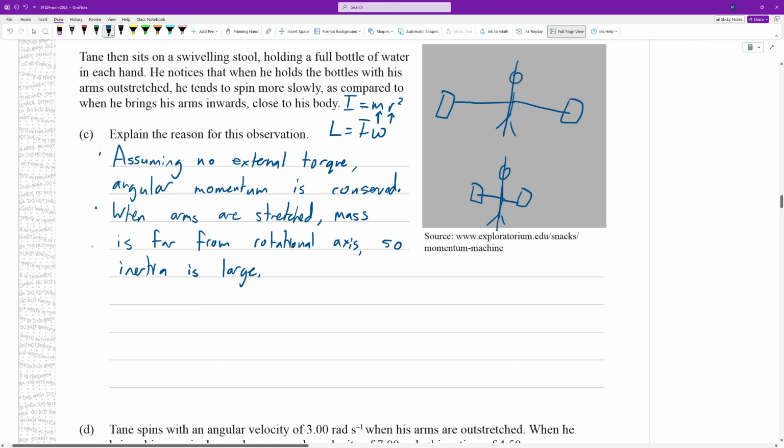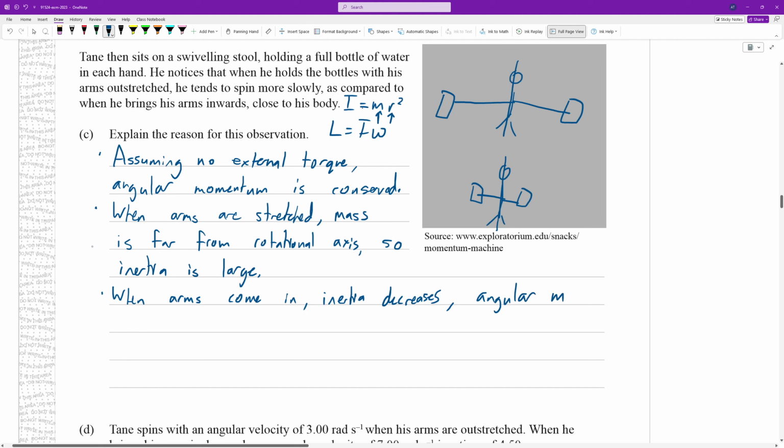Great, so he starts with a high inertia, and now let's consider what happens when he brings his arms in. When his arms come in, what happens to the inertia? Inertia decreases, and I'm not going to re-explain it because I've already explained why the inertia was large, so it's sort of the complement of that for why it decreases. So when arms come in, inertia decreases,